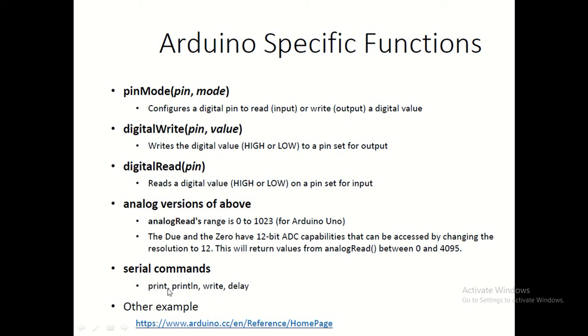You also have println and so on, and some delay functions you can make use of in order to use the serial port, that is the UART of the microcontroller. At the most, these five commands we will be extensively using as far as hardware representation of the microcontroller is concerned. As you can see at the bottom of the slide, if you are interested in other functions, you can still refer to the manual of the Arduino compiler on this website.